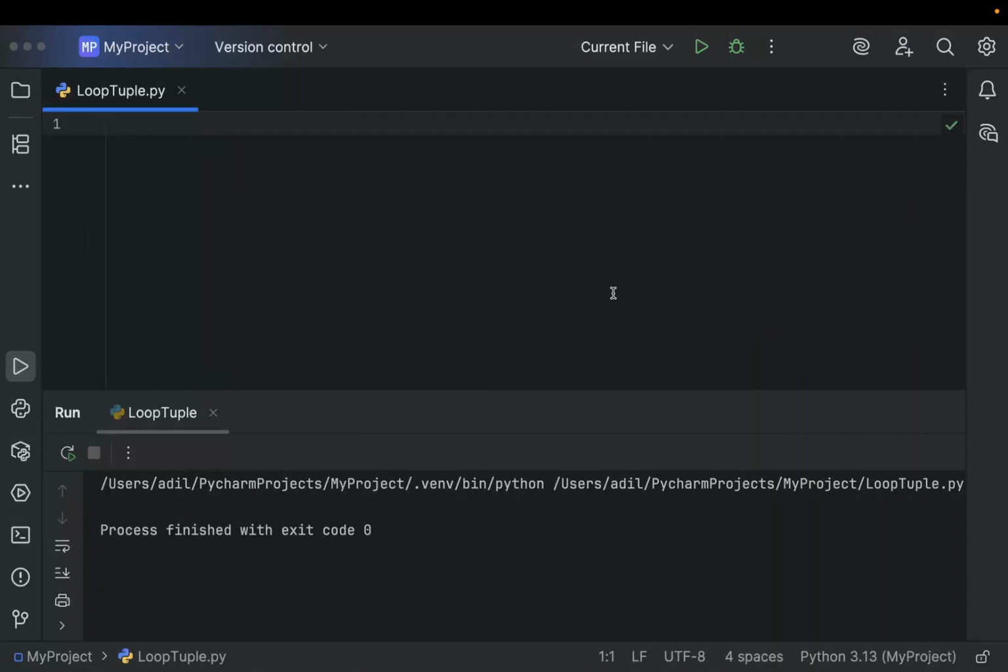In this video, we are going to learn how to loop through a tuple and understand exactly how it works behind the scenes. So let's get started. So let's say we have a tuple called fruits, and there we have these elements: apple, then banana, and then